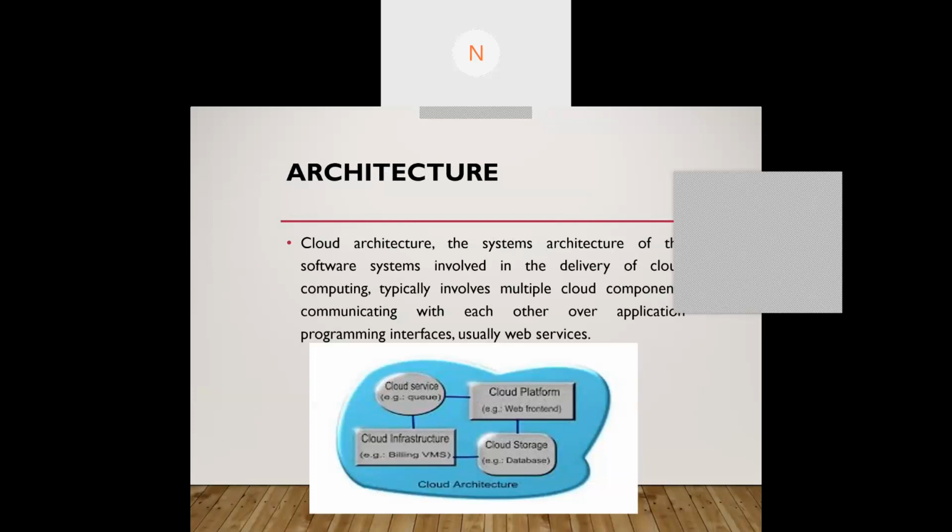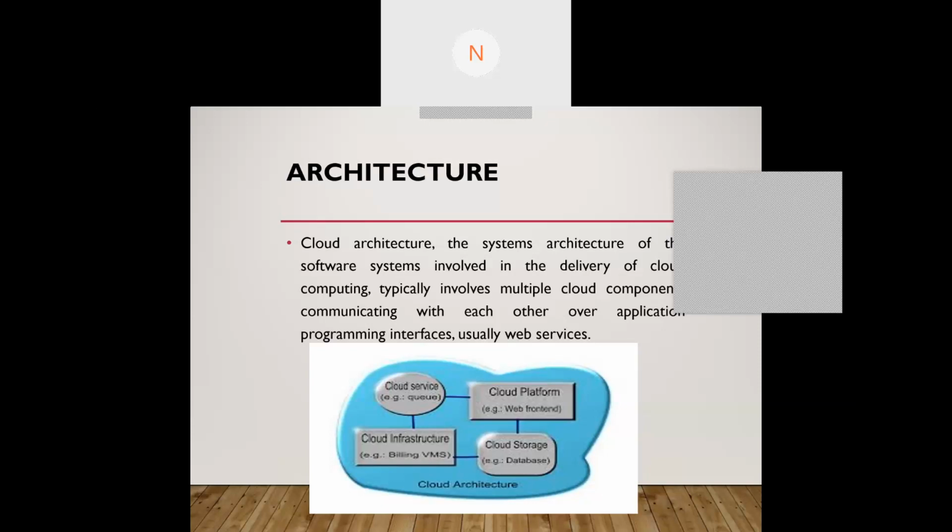Now, cloud has a very simple architecture. A cloud is something like a cloud platform. It's not a physical platform. It's a virtual platform. So we have the cloud service providers. There are a lot of cloud service provider companies like IBM, Amazon, Akamai. They are called the cloud service companies who are giving this particular space for the other users who are trying to use this cloud. So the architecture of cloud is very simple.